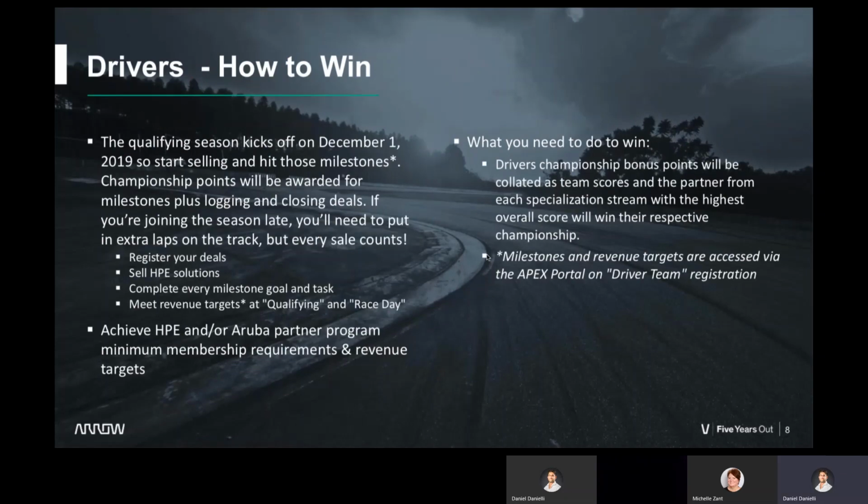In terms of how to win, the qualifying season is going to kick off on December 1st. So start selling and hit those milestones. Championship points, as I mentioned earlier, will be awarded for achieving all of the different milestones and completing tasks, and bonus points will be awarded for closing deals and doing other activities in the field that are going to be important